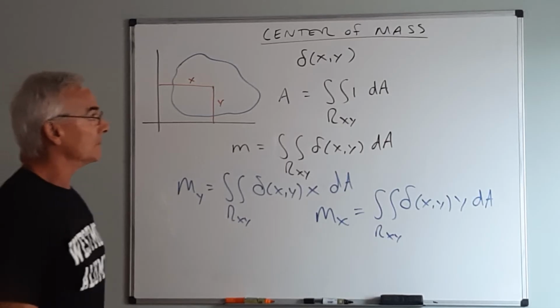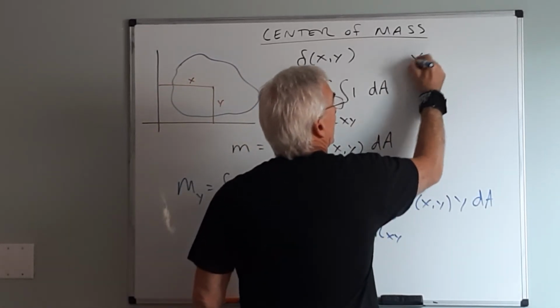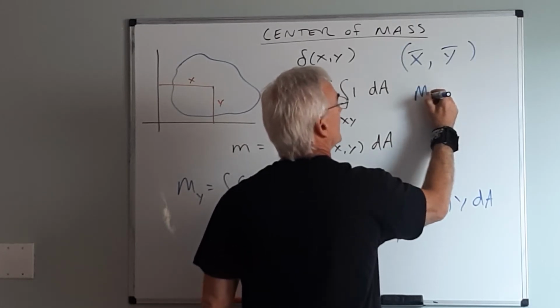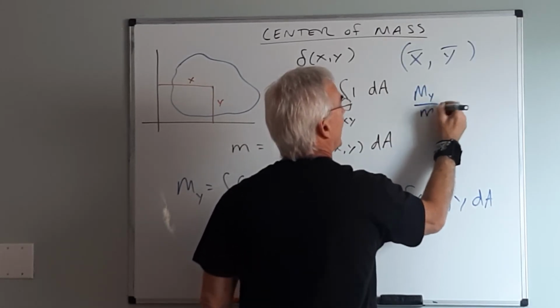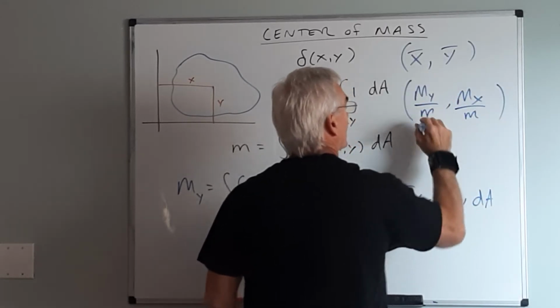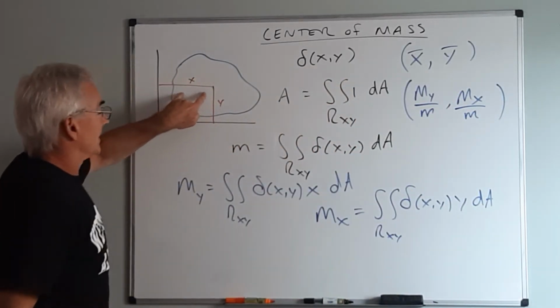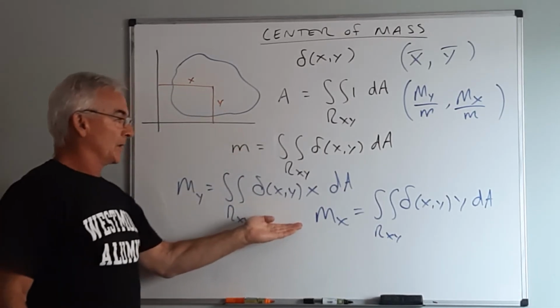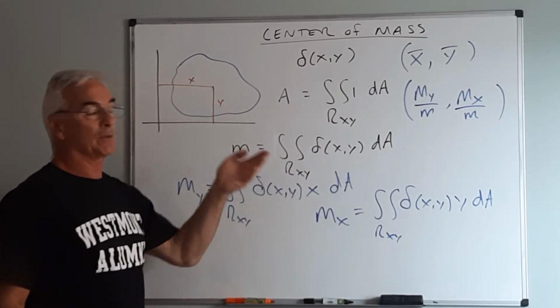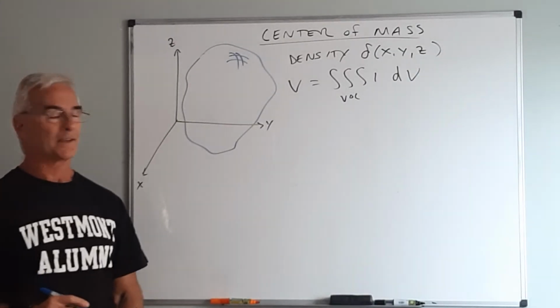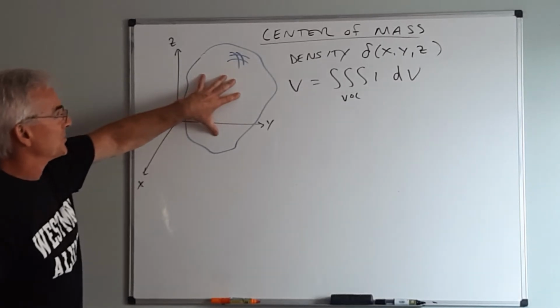So like before, x bar, y bar, just like before, is going to be the y moment over the mass, the x moment over the mass, and once again, the y moment involving the distance to the y-axis. So here's how we do it with 2 independent variables. Now let's look at the 3-dimensional case. Now let's suppose we have some 3-dimensional blob